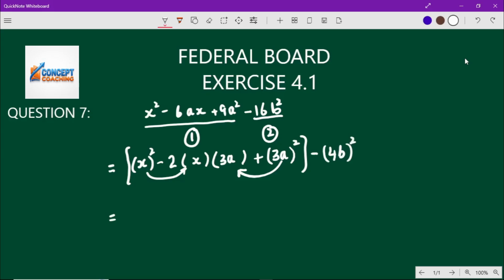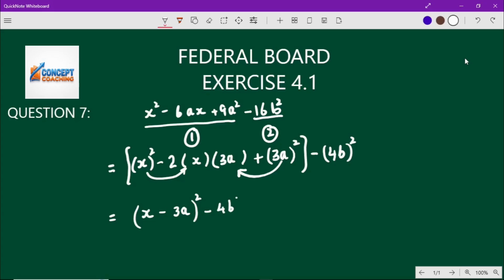So this is the first part, it is the square of x, and because the second term is negative, we put the negative sign, and 3a, this is 3a, and this is the whole square, because it is of the form of a square minus 2ab plus b square, and if it is of the form of a square minus 2ab plus b square, it is a minus b whole square, and we have minus 4b, so minus